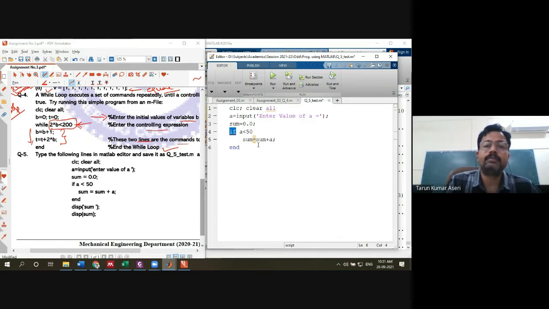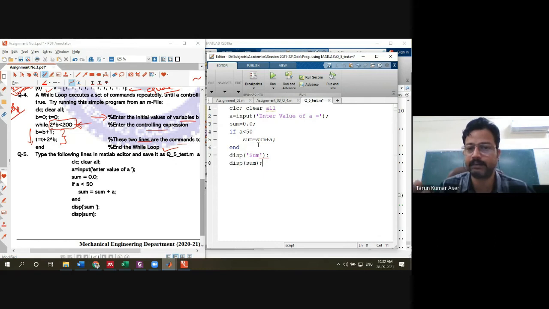Further, with this kind of syntax, this will display the value of sum. First, it will display the text sum in the command window. Then it will display the stored value of sum.